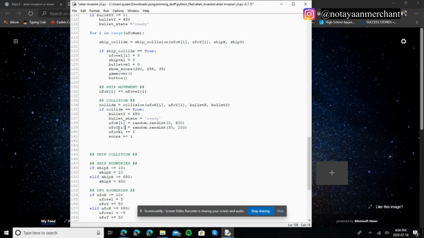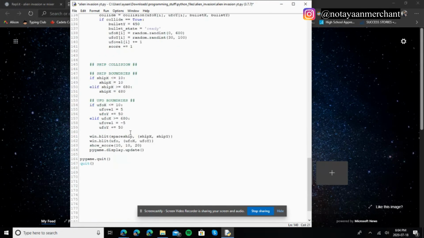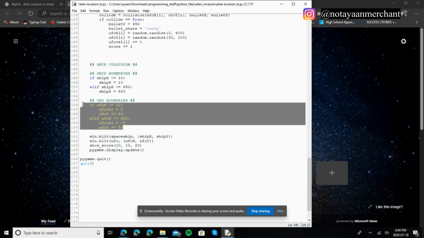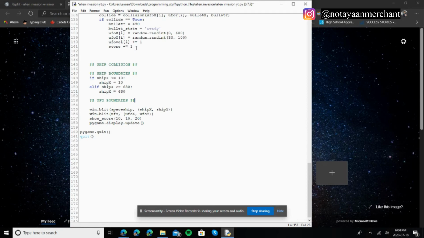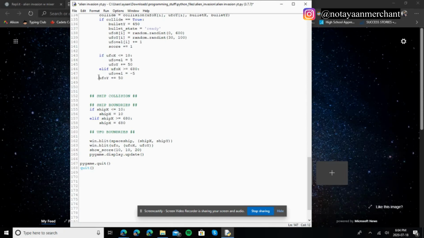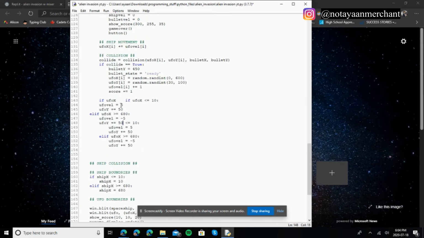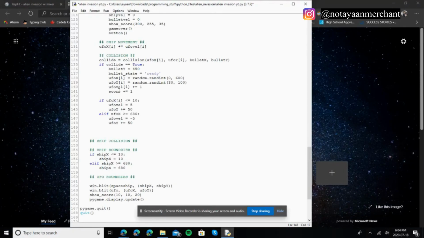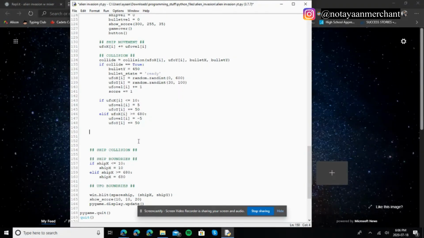Okay, so everywhere we've talked about our UFOs, we want to put that in here. Even UFO boundaries. Okay. This is all messed up. Format it. Actually, there's another way I can just format them all, but it's fine. And the blit and the UFO blit we also have at the bottom. We also want to put that in here instead of the bottom, the window UFO. Okay, so right over here, UFO blit, and then